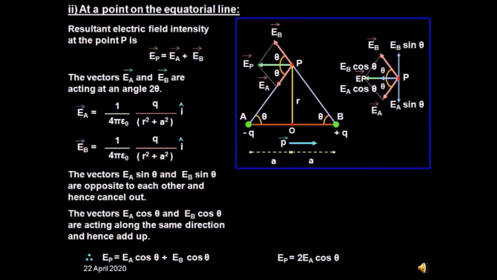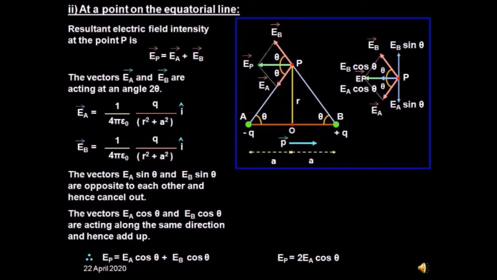So after getting the angles, we can resolve EA and EB. Let us start resolving EA first. You can notice that the direction of EA is downwards obliquely. So we have to resolve it in the horizontal and vertical directions. Since it is making theta angle with the horizontal line, its horizontal component will become EA cos theta and its vertical component will become EA sin theta in the downward direction, which you can notice on the second diagram. Now let us resolve EB.